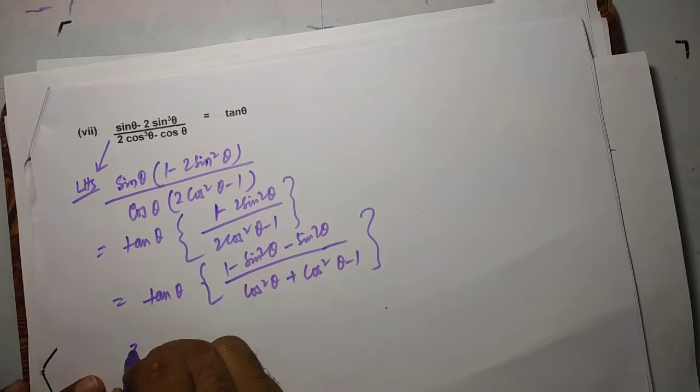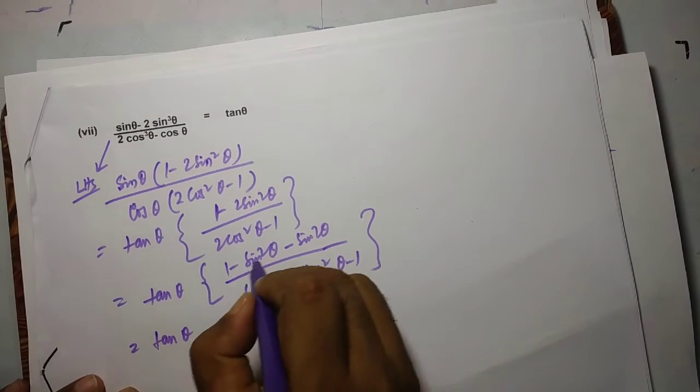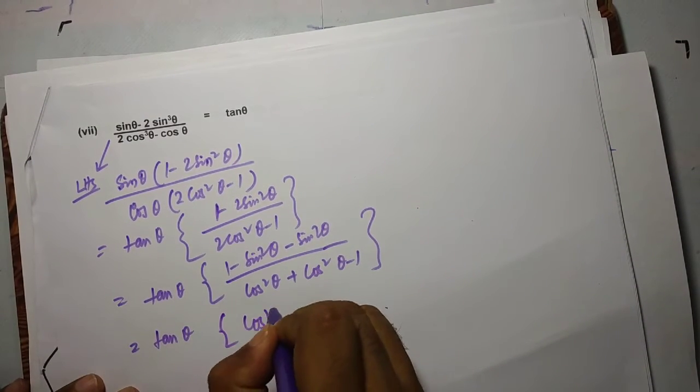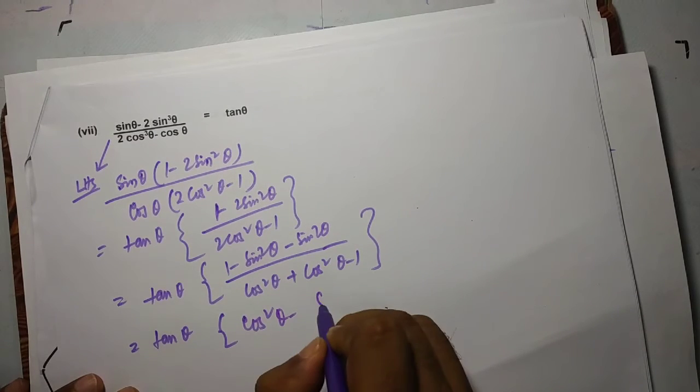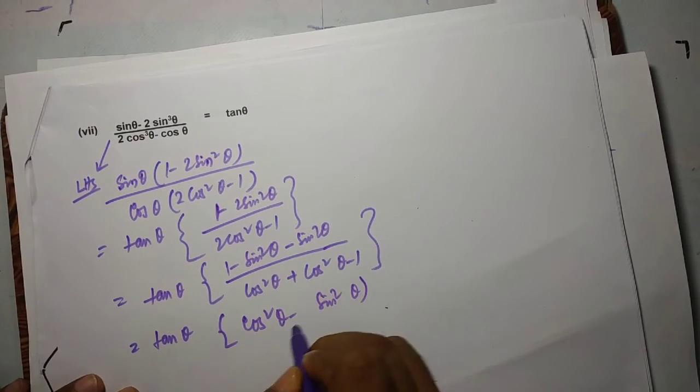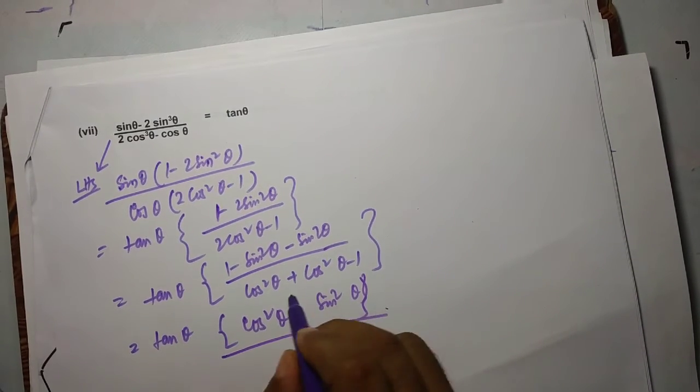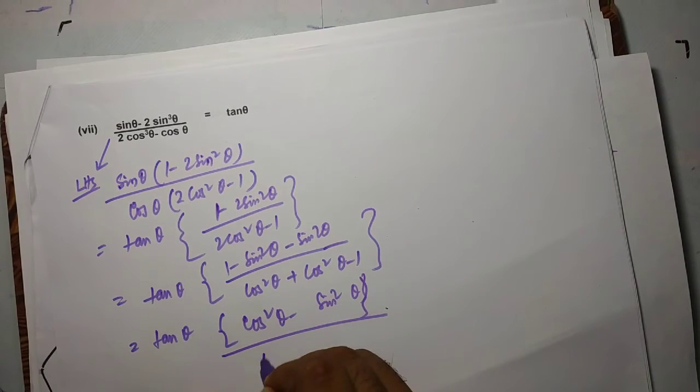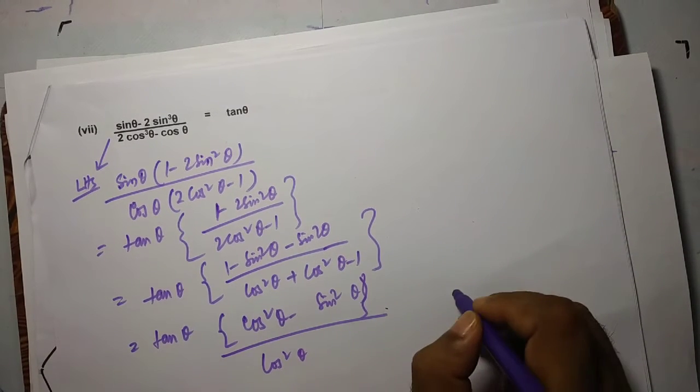Correct. So what is happening here? Tan theta. So 1 minus sin square theta is cos square theta, and this is sin square theta. And the denominator is cos square theta minus 1. This is again cos square theta, and